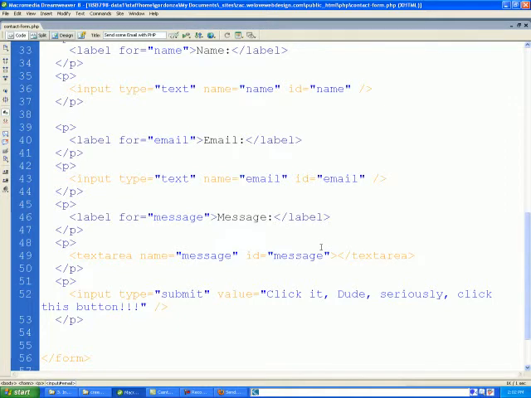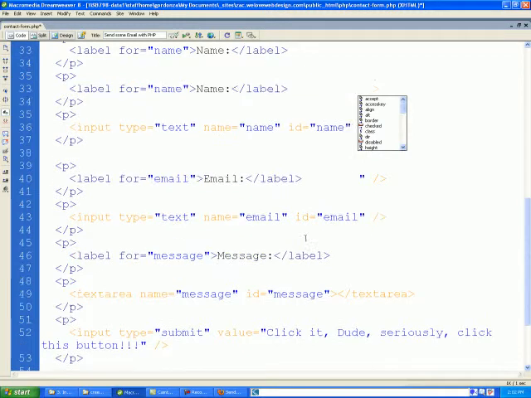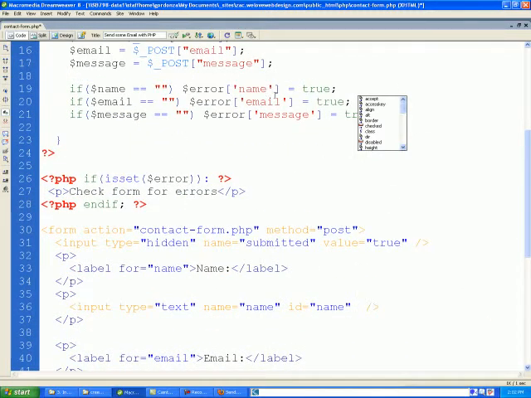Under input for name, we're going to write some PHP right in here. And if error name exists is equal to true, then we want to display a class called required. But we can't just check if error name is equal to true. We have to check if error name is set, because if it's not set and we check if it's true, it's going to throw an error. So let's try this. We'll say if